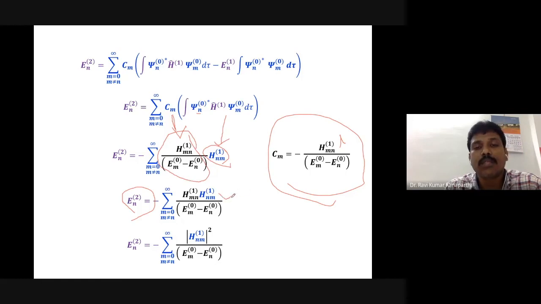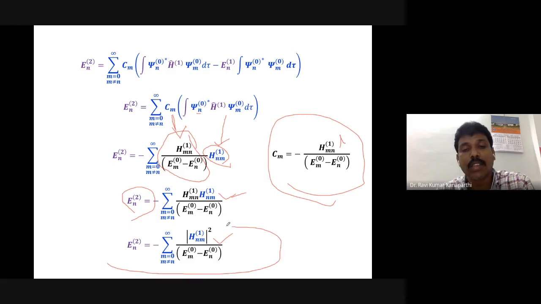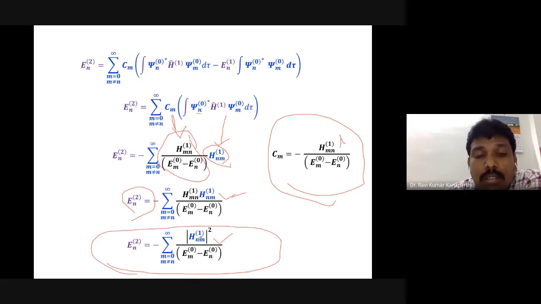Now you can see how these two things are different. These two things are very much the same, but one is the complex conjugate of the other. That's the only difference. Therefore, instead of writing H_mn and then H_nm, you can take the square of that. So it's the modulus of H_nm, modulus squared. You just take the square of it. Now this is the object that you get finally. So it is the square of this particular matrix element.